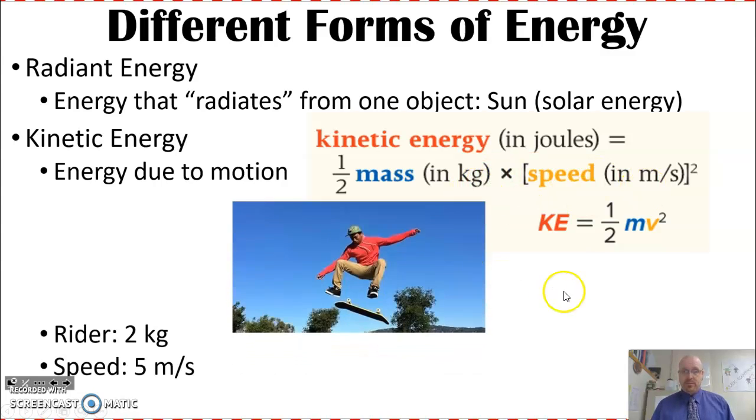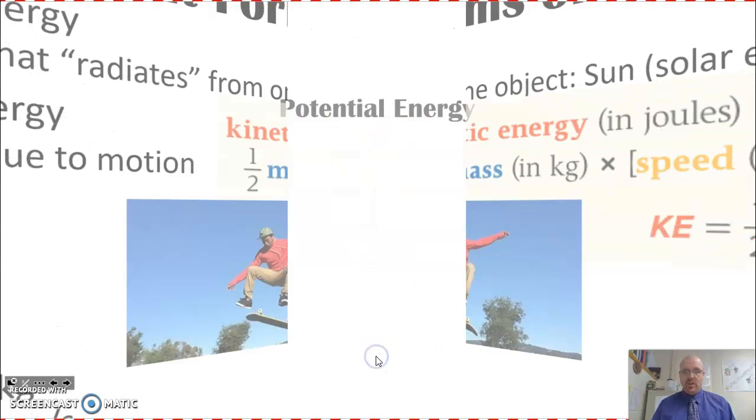squared. Okay. For instance, if we had this example here, I've got a skateboard rider, and he is 2 kilograms, and the speed he is traveling at is 5 meters per second. We could actually tell how much energy he has if we do our formula, 1/2 m. Well, that's 1 kilogram because his mass is 2, so it goes to 1. And his velocity is squared, which is 5 times 5 is 25. So 25 times 1 is 25. So he has 25 joules of kinetic energy as he's moving. All right, so that's kinetic energy.